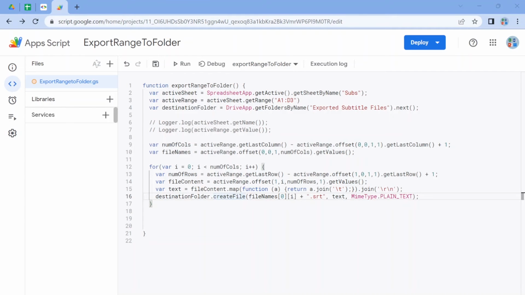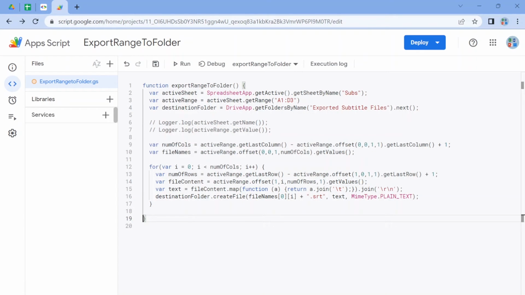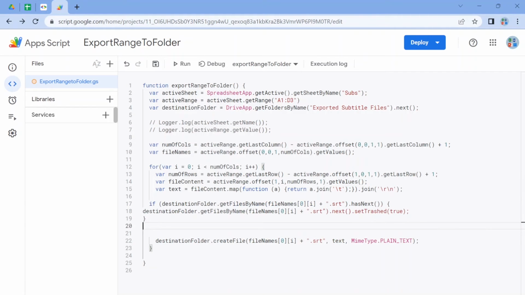So I think this is a basic structure for the macro that is quite good, but we're gonna add a tiny bit of flavor. So inside this folder, imagine you have to export these files a lot, right? So there's gonna be some files already in there. So if you don't delete those files, then the macro will fail. So let's add in a bit of code that tells Google Apps Script to delete any existing files if they are found. For the code, I'm just gonna do a quick and easy copy and paste because I already have it, and let's have it before the actual writing line.